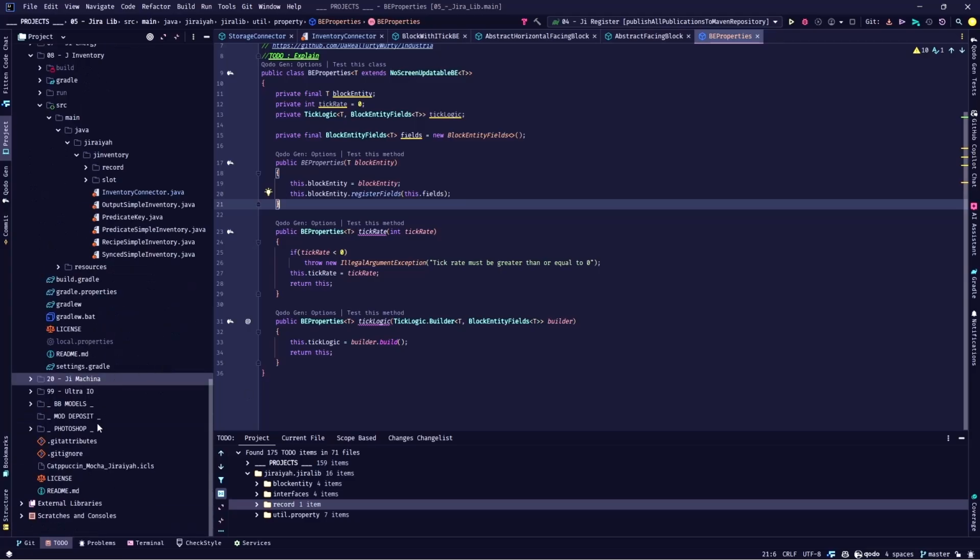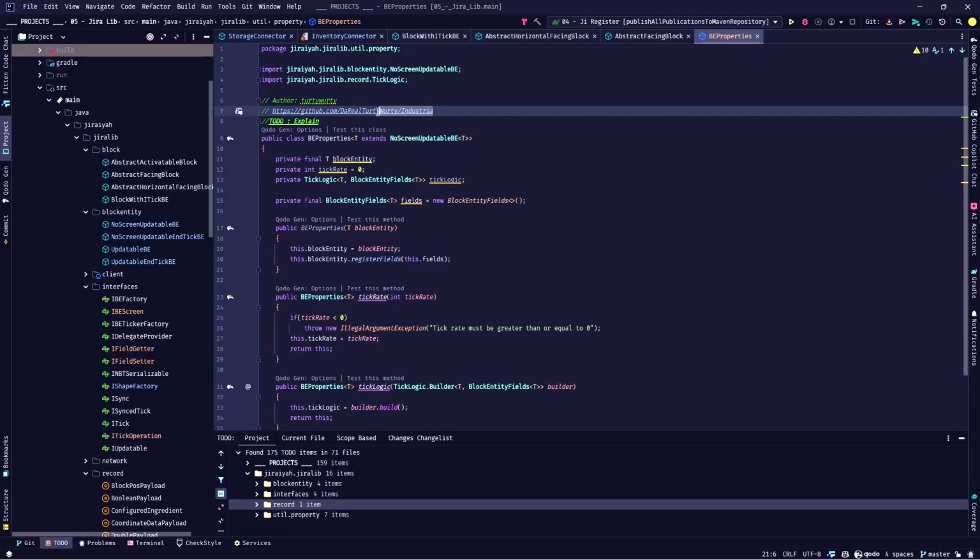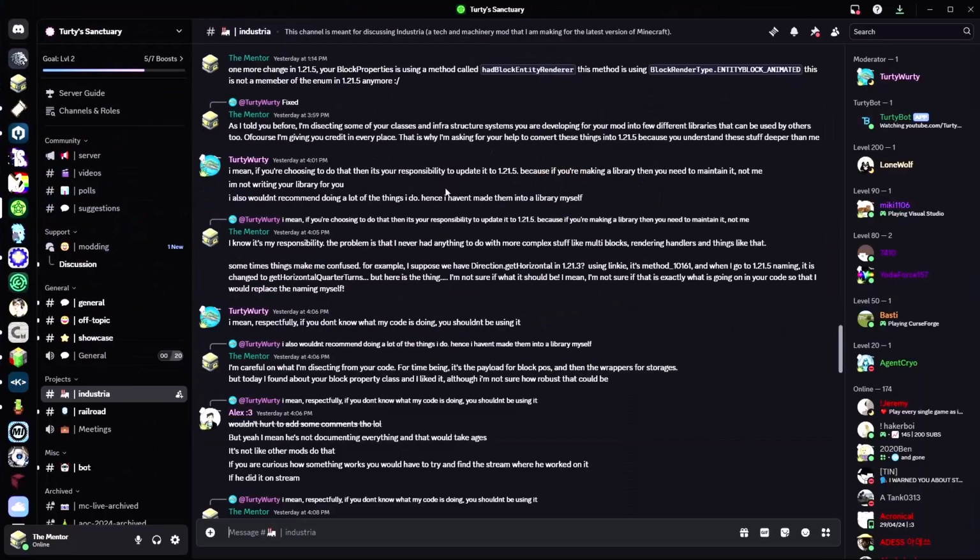So this library structure will add upon what we have inside Jiralib right now, and it will dissect what Turtiworty had done, giving us more flexibility on top of the code provided by him. If you want to look into his repository, here is the repository, to show you that I have some sort of permission from him. This is his response. I asked about some